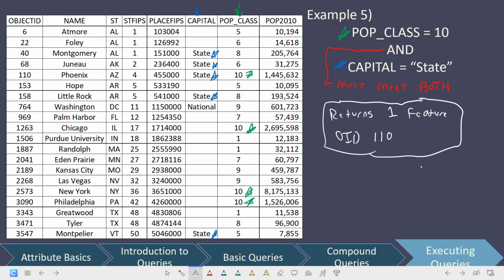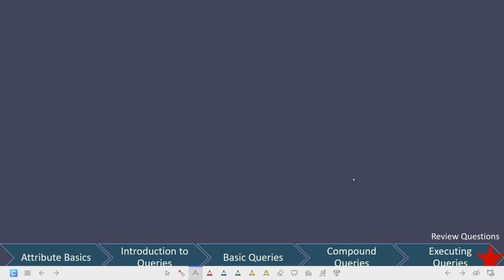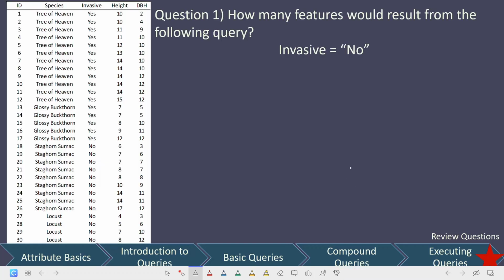So hopefully that made sense. Let's go ahead and quickly do a couple of review questions. For these review questions, we're going to be using a slightly different attribute table than the one we just did. We're actually using this attribute table over here. In this case, we're talking about a data set of invasive species. Some of them are invasive, some of them aren't, and we have two different measures: the height of the individual tree